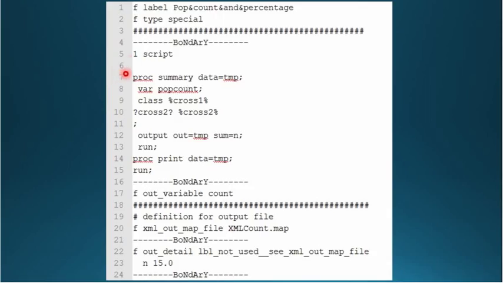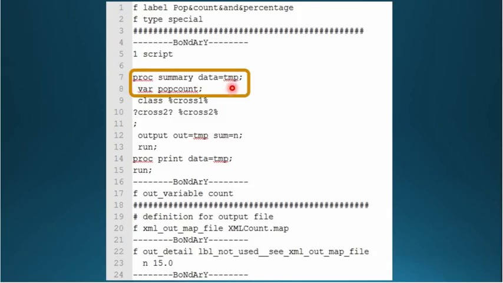So this boundary line has to be there. It has to have exactly 8 hyphens. It has to be spelled like that with 8 hyphens. And then inside this section of the file is the SAS template that IBIS-Q is going to use to write the SAS program. The first thing I want to point out is this proc summary is the procedure it's running,